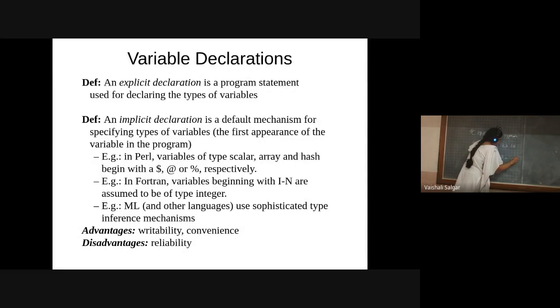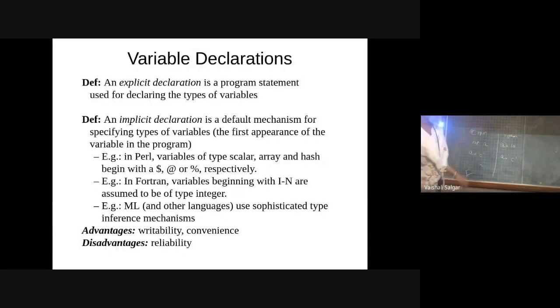And in C programming, if I use A is equal to a character, what will happen? I have declared A, and I am trying to assign a character C to A. Is it going to be possible? What will happen with your C program? When I say int A, I am explicitly mentioning the data type of the variable.